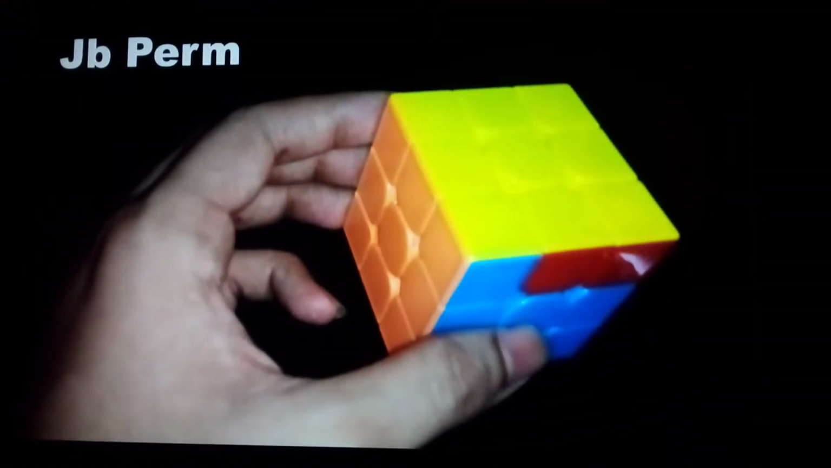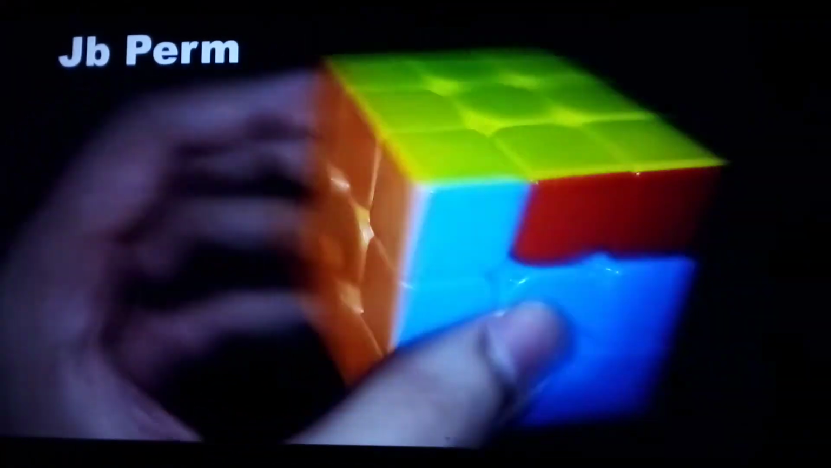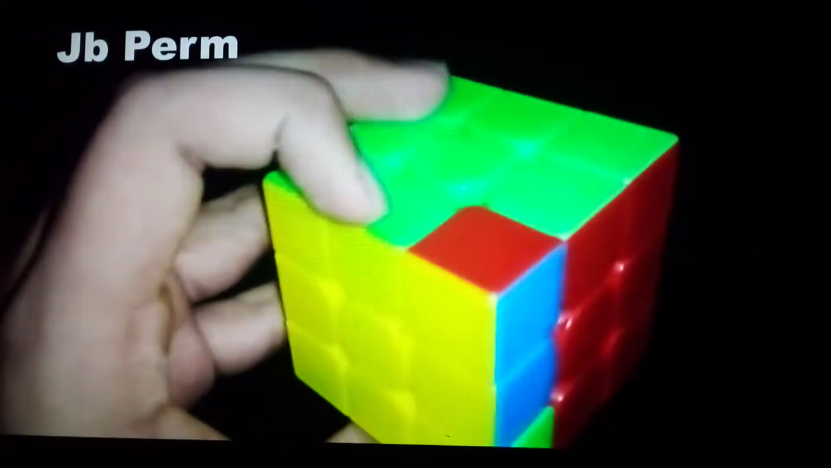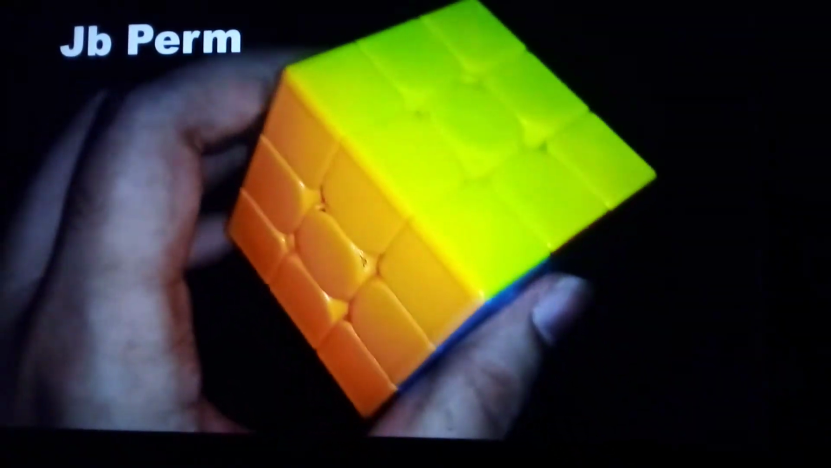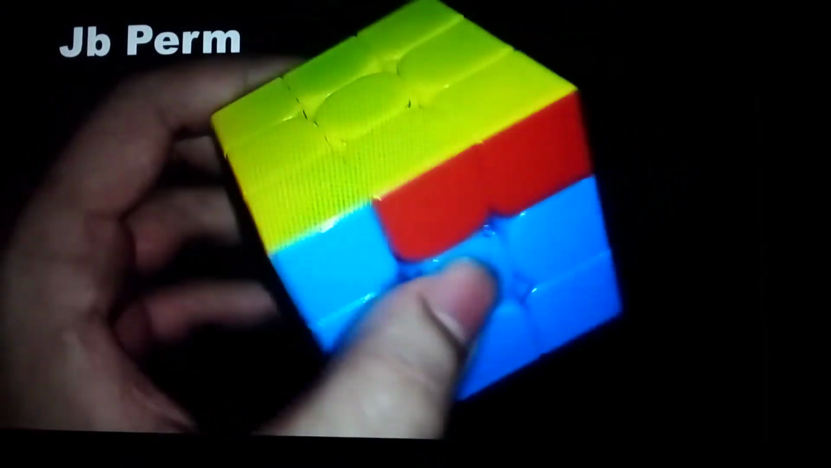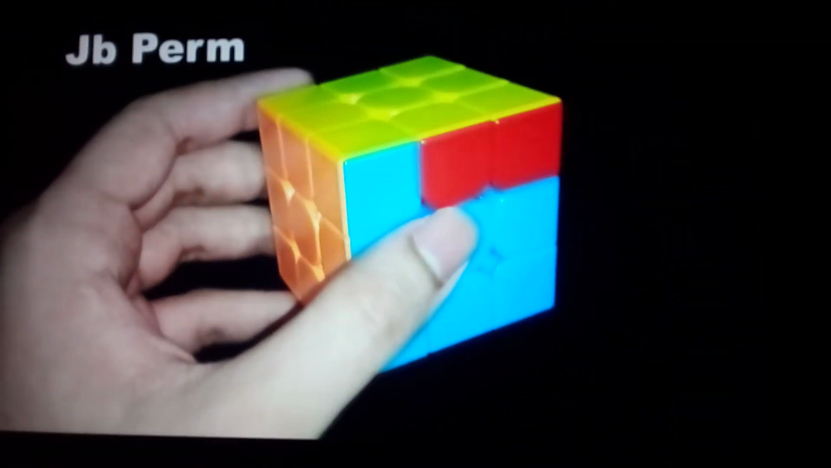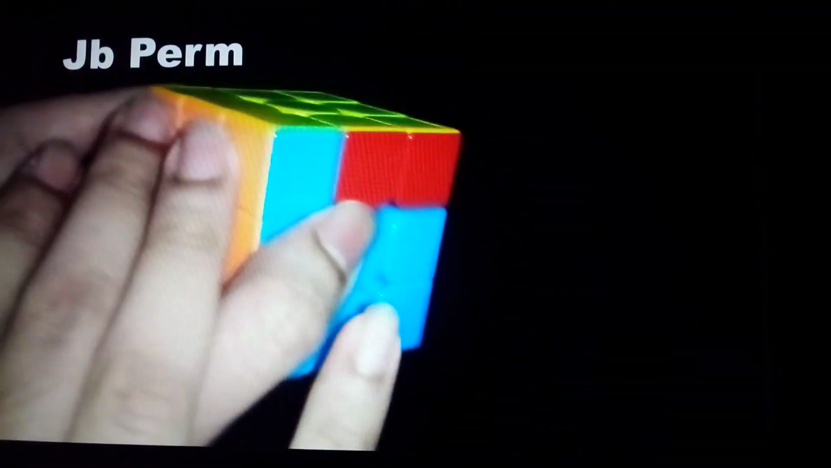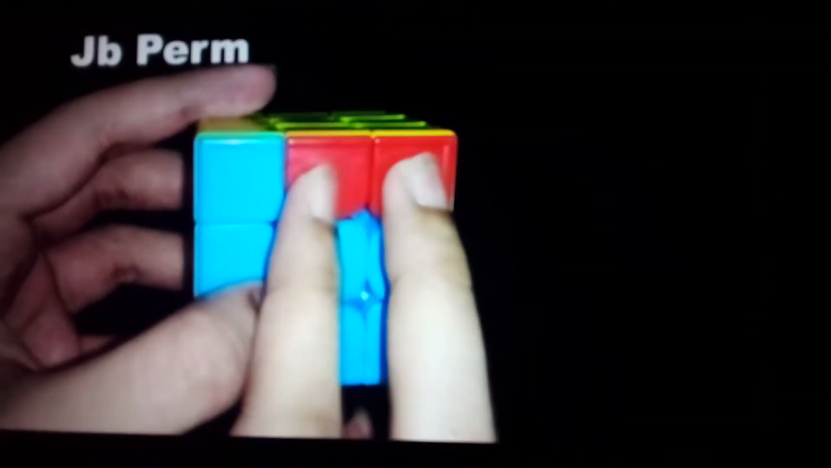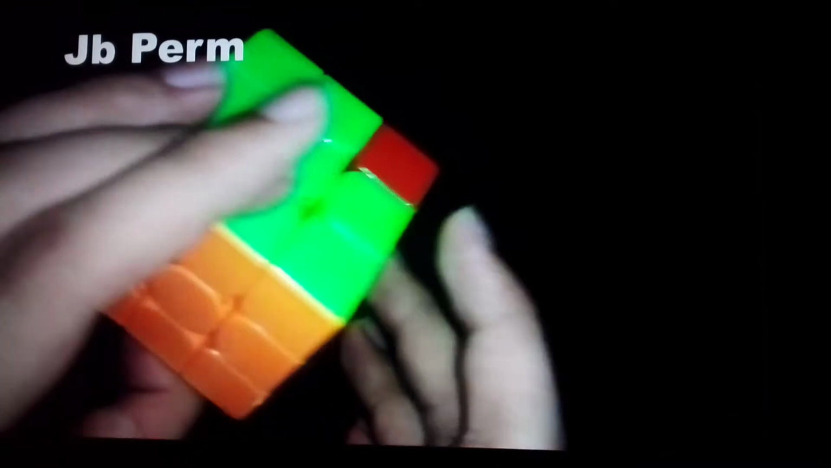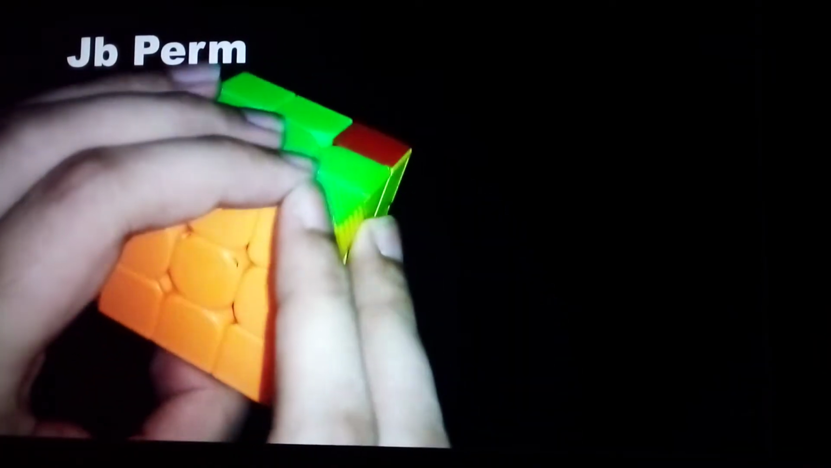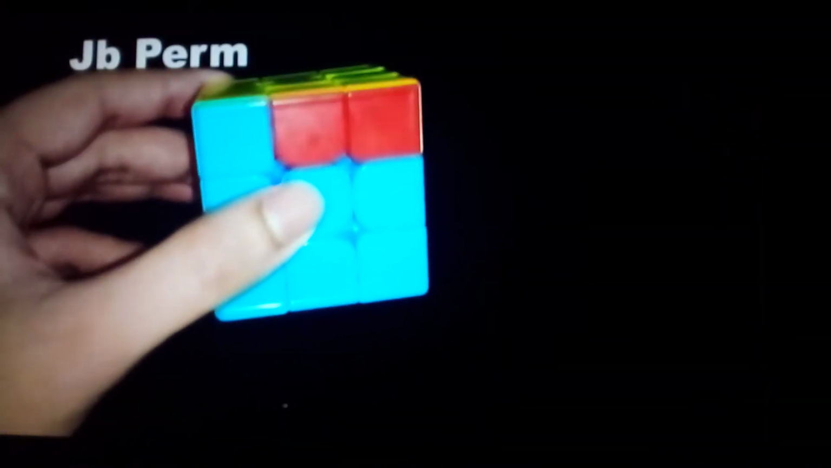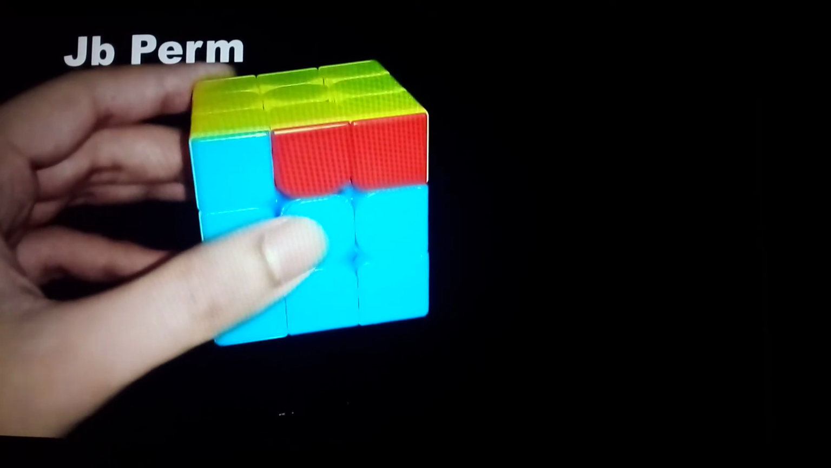This is the J perm. There's a block here, and there are no other complete blocks, I mean a 3 by 1 by 1 block anywhere else. So how you can say that this is a JB perm is, if you place a block here, then there is a smaller block here, and this block is touching this one. So the standard alg for this is